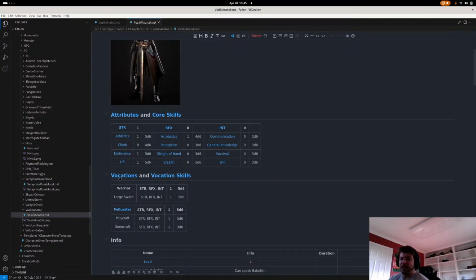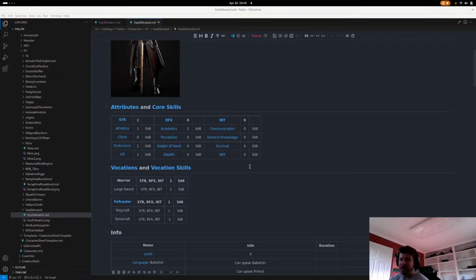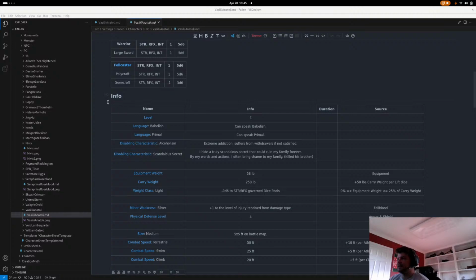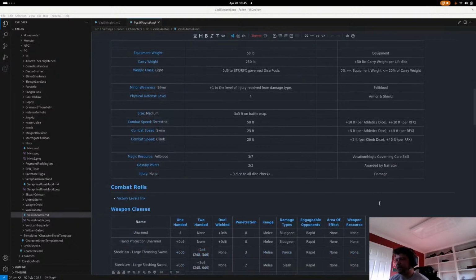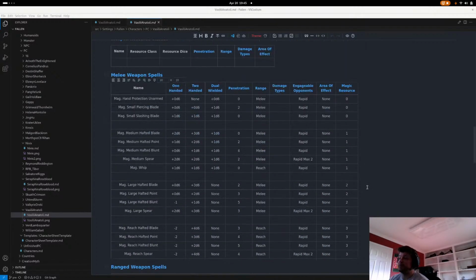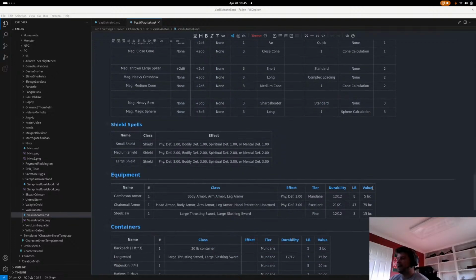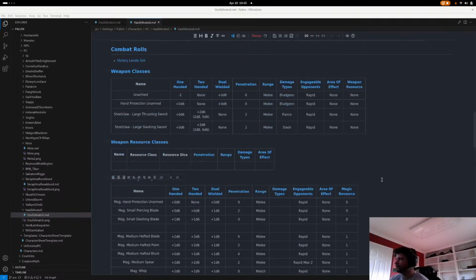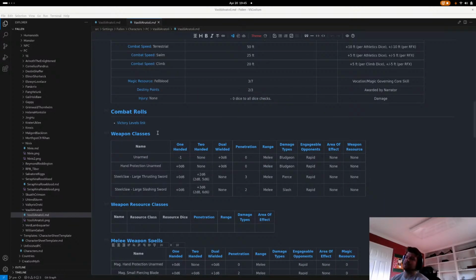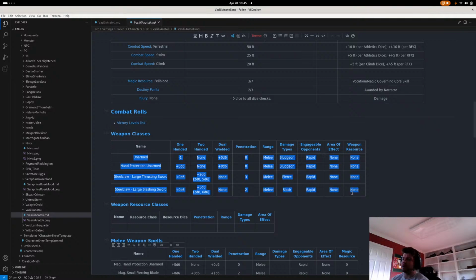We have the vocation and core skills here, but what we do not have, we're going to need this info table. That's going to come later. That'll be probably one of the second to last things that we do. But we have these weapon combat role tables. Now, the only issue with these combat role tables is two things. So the way I have these on the sheet here, you'll notice,